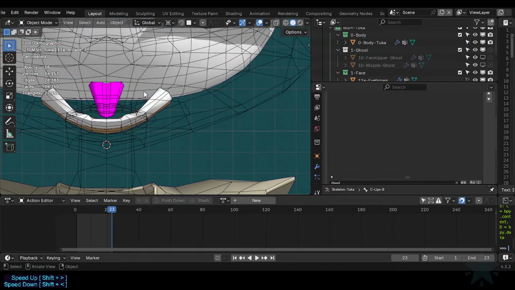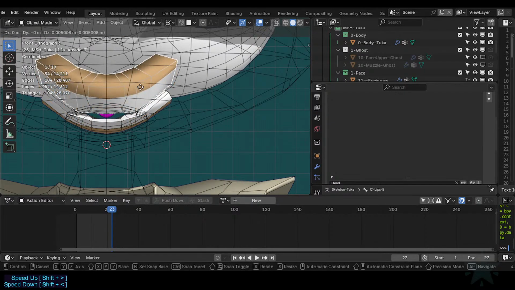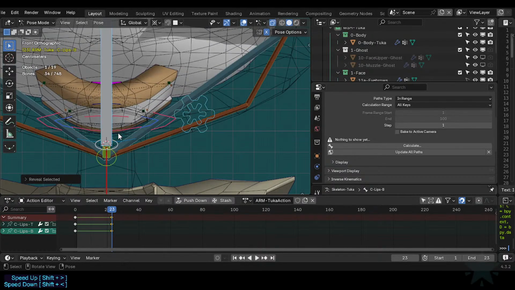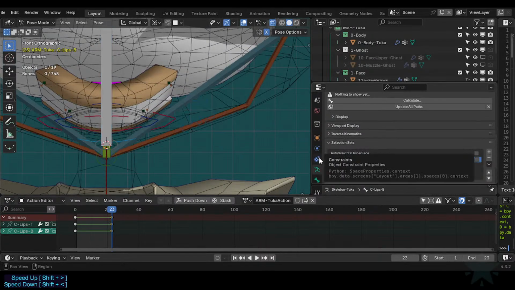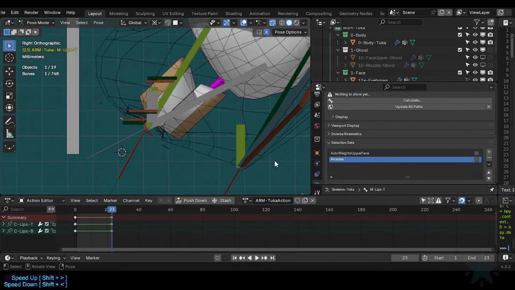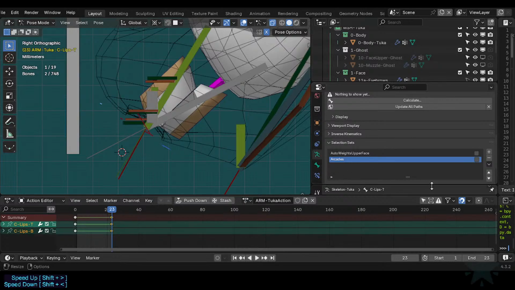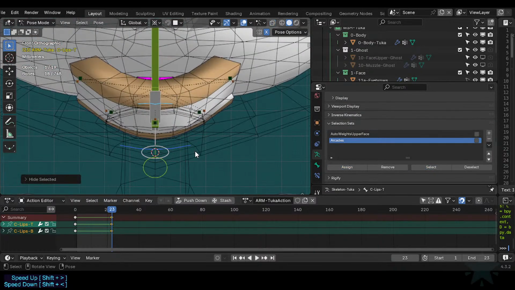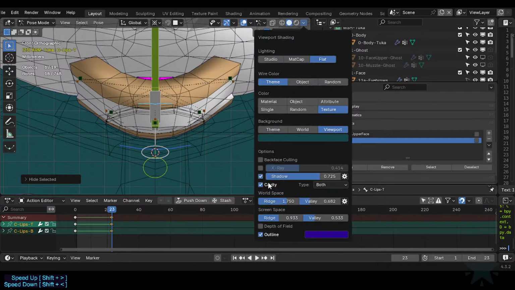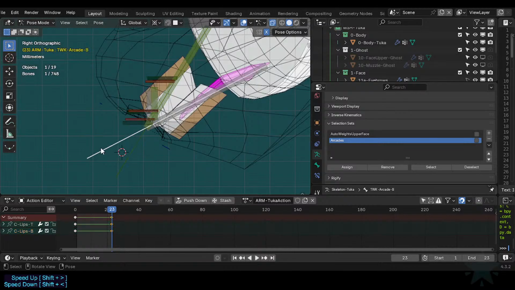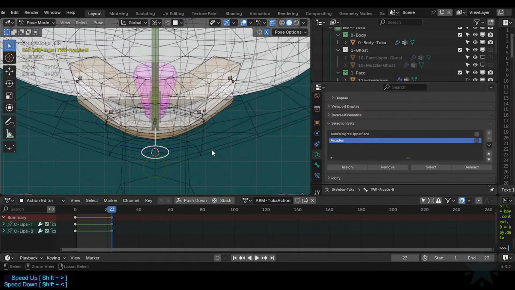So I just need to check. Now I need the other bones to be checked here. Let's pick this again, but now we go to the selection sets. Let's assign this to select, Shift H, there we go. Why don't I have this X-ray? There we go. Okay, so this will control